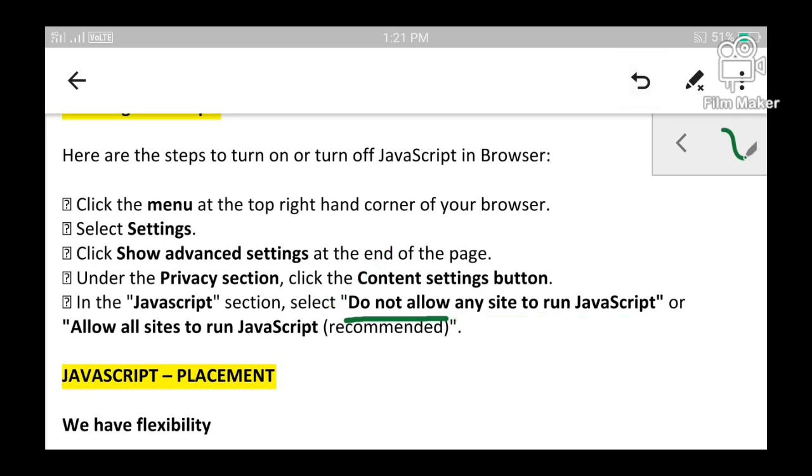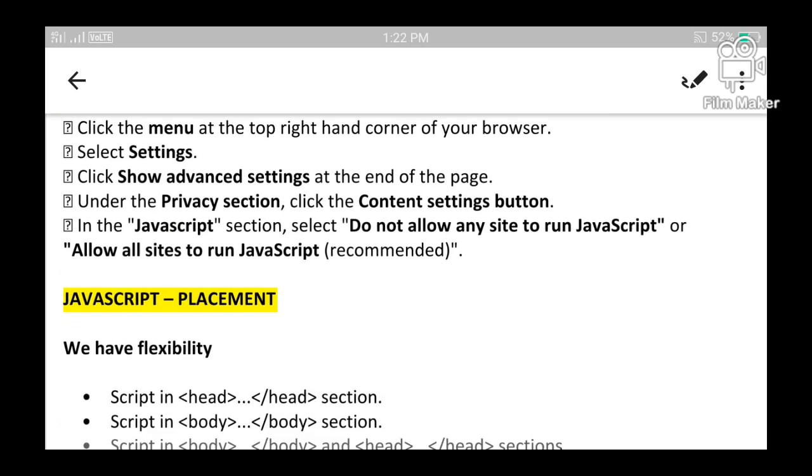But if you select the option which specifies allow all sites to run JavaScript, whichever sites you visit, if that website or web page contains JavaScript, without any issues that JavaScript will get executed in the system. So it is recommended to select this option, allow all sites to run JavaScript. This is how you can enable JavaScript execution in your system.